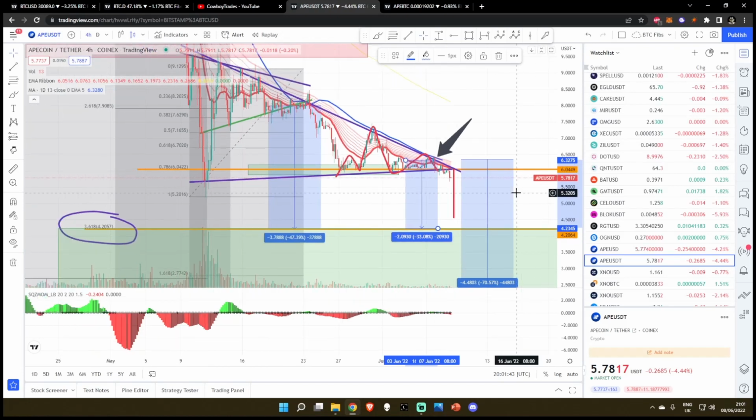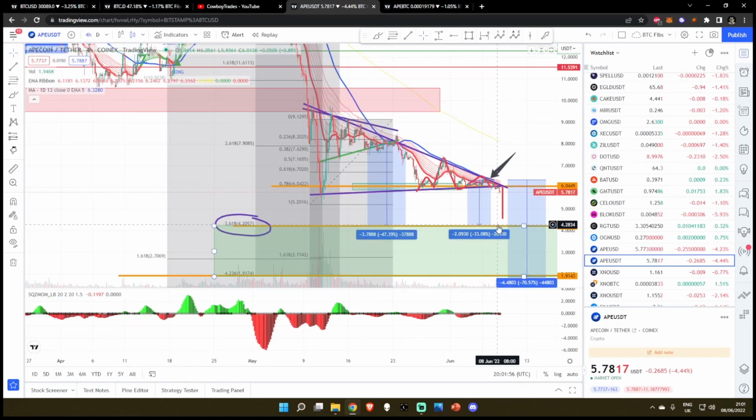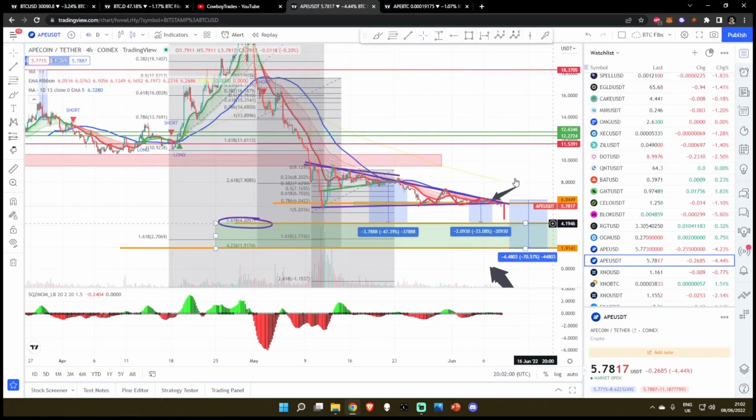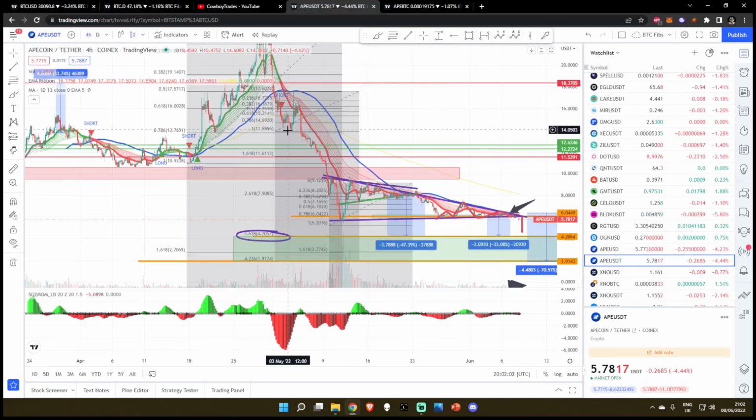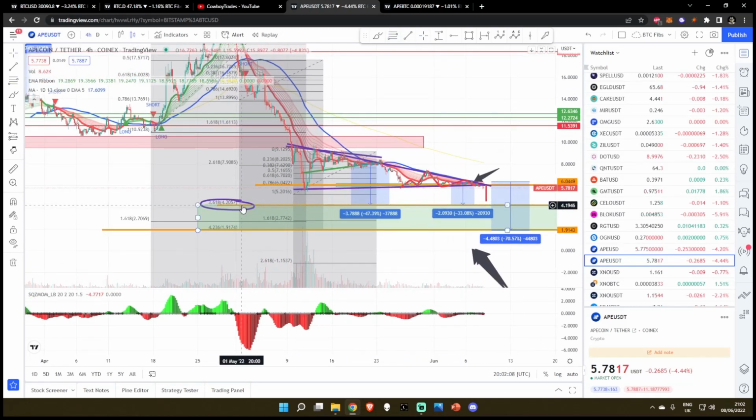Bear in mind, am I saying that the absolute bottom of ApeCoin has to be at $4.20? Absolutely not. It can go a lot lower than that. However, that is my next price target. I want to see how we react to 420. This isn't just some random funny number that I pulled out of my ass. This is actually because from this low down here to this high, the most recent super swing impulse, the 3.618 is down here at